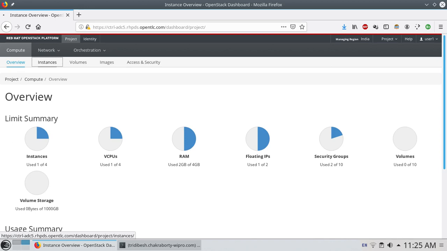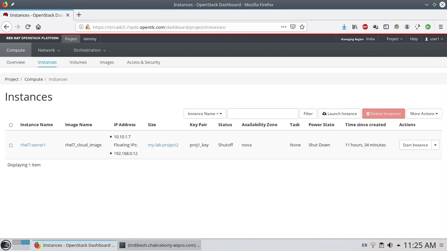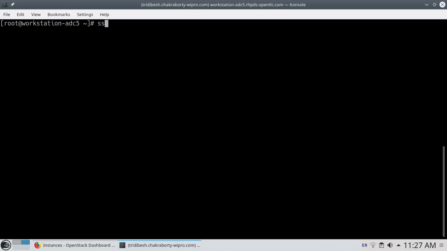So let me go to instances. Before we launch one instance, one more thing we need to do. We have set up that filter, or you could say property, for the flavor. Now Nova should understand that particular filter to launch the instance in the proper host aggregate. To do so, we will log in to our controller node and add this scheduler filter.